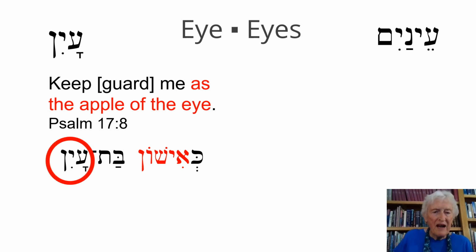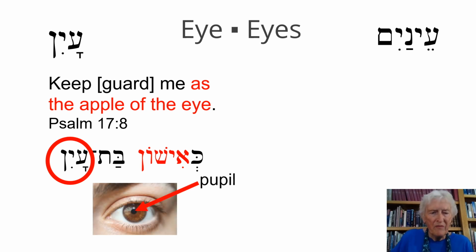So the Ayin is the eye. The Ishon is actually not an apple. It's referring to the pupil of the eye. Now another thing, if you know Hebrew, bat means daughter. So what's a daughter doing in here? Well, it has another meaning of a certain measure. So what we have here is that the pupil of the eye is a measure of what the eye can see. That's basically what it's telling us here.